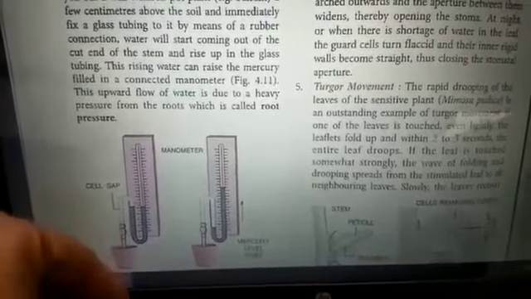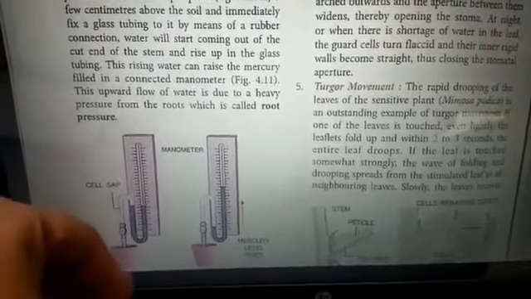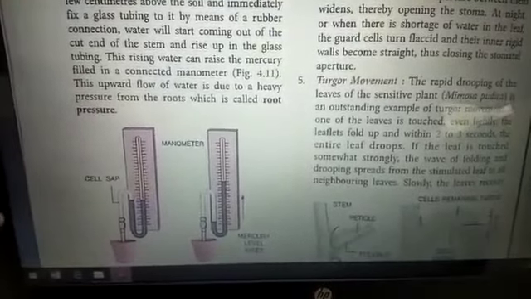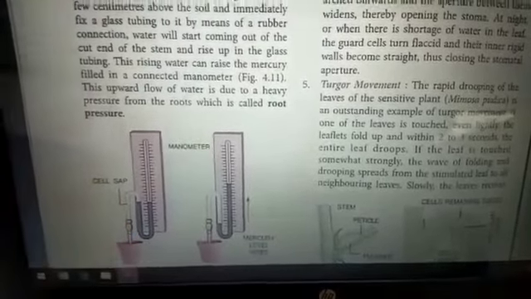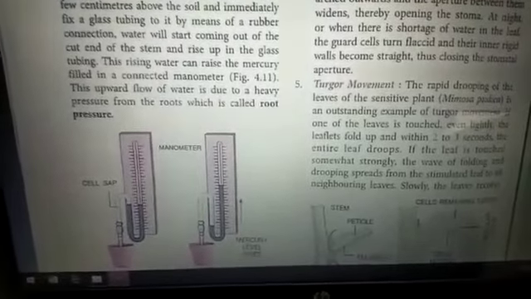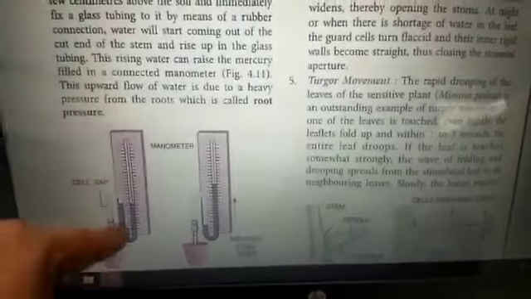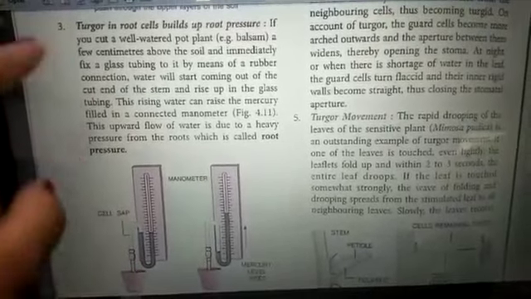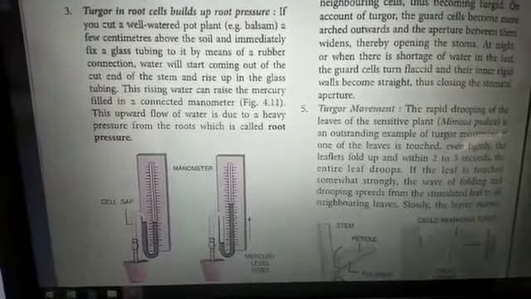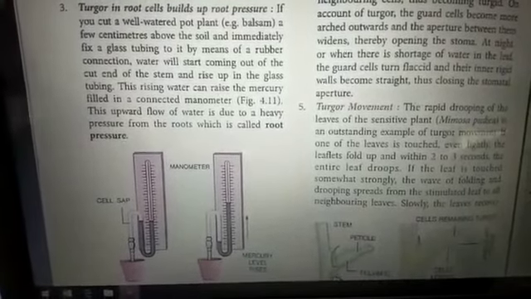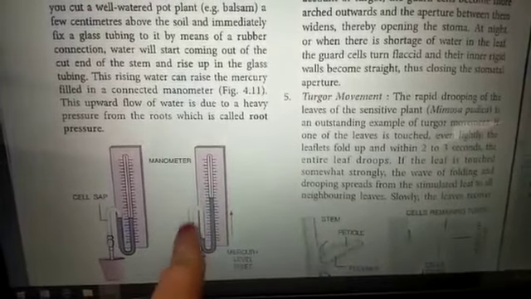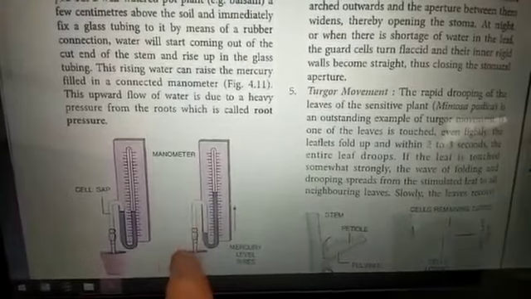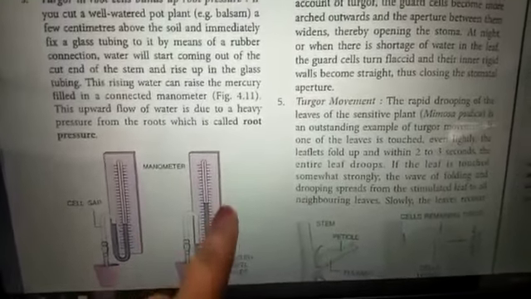Pressure over here means concentration, because inside the roots the concentration is more, while at the tip it is less. Thus water creates tension or stress on the roots, and because of that the water rises up. This is called the root pressure theory. That pressure is again created by turgor, which is the condition where water is more. So water moves from high concentration to lower concentration. In the example shown, when it is connected with the tubing, with the root pressure the water moves upward, and the manometer shows the mercury level.